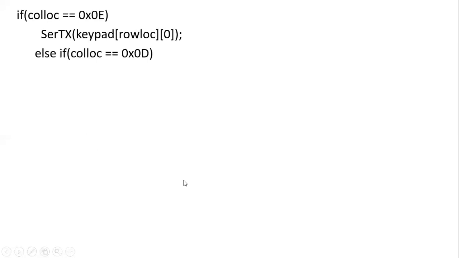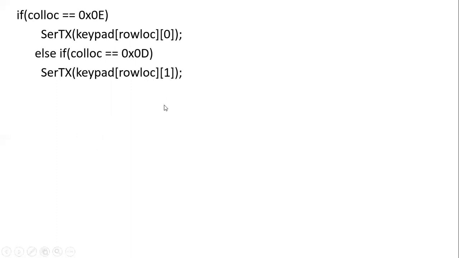give it here. Then if this is not the case, else if, then we check with the column value. If the column is D, then what do we do? Then we send the row location. We get the row location from the previous setups, isn't it? Okay, now we send the value 1.